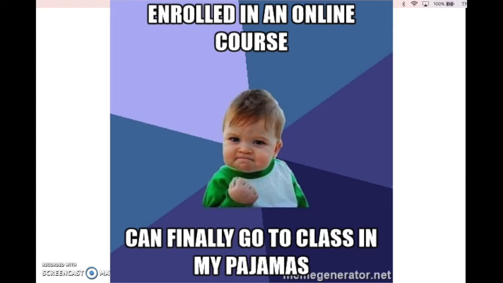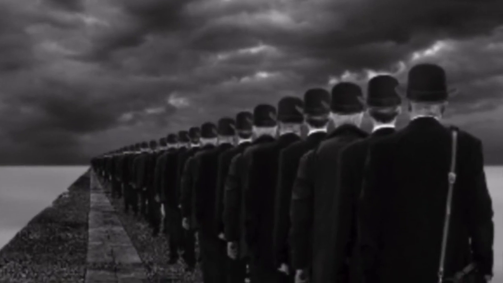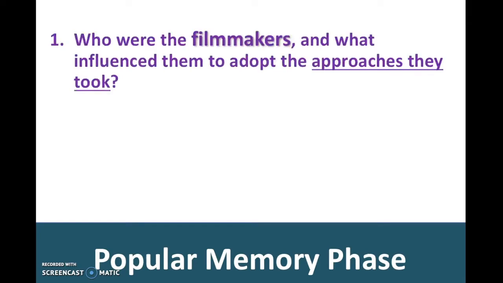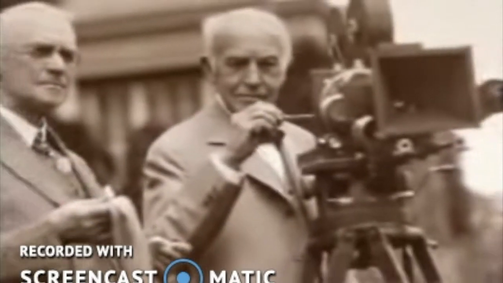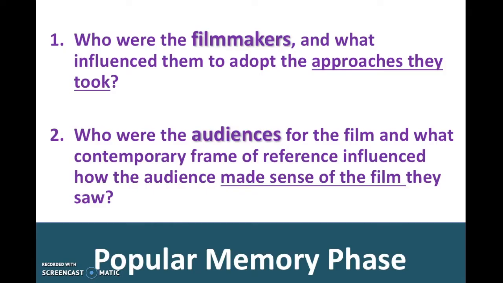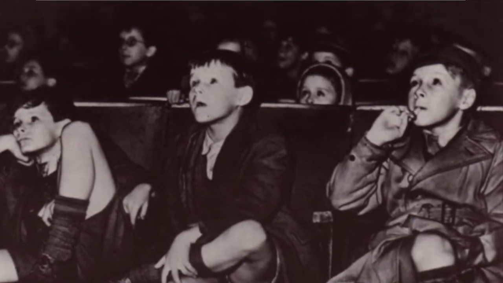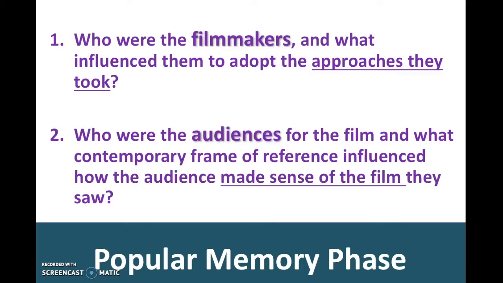We're going to completely base our lecture today on what we learned last week, and specifically focus in on the popular memory phase. Do you remember that? Popular memory phase has 2 parts. First, remember, it was the filmmakers themselves and what approaches they took to make a film, and looking at how and why they chose the films that they did. But also looking at the audience and how the audience changes over time. Looking at how the contemporary frame of reference for the audience changes from when it was first made till later audiences watching the film. So looking at these early films, think about these 2 things and how they play a role in what we're doing this week and next week, and in the readings as well.